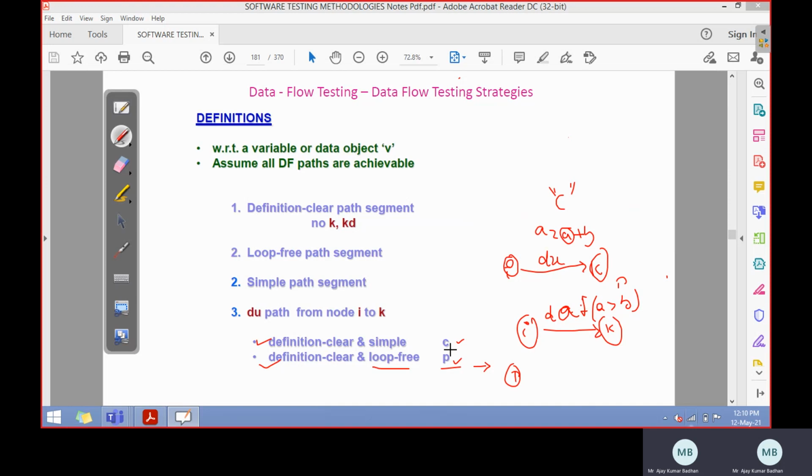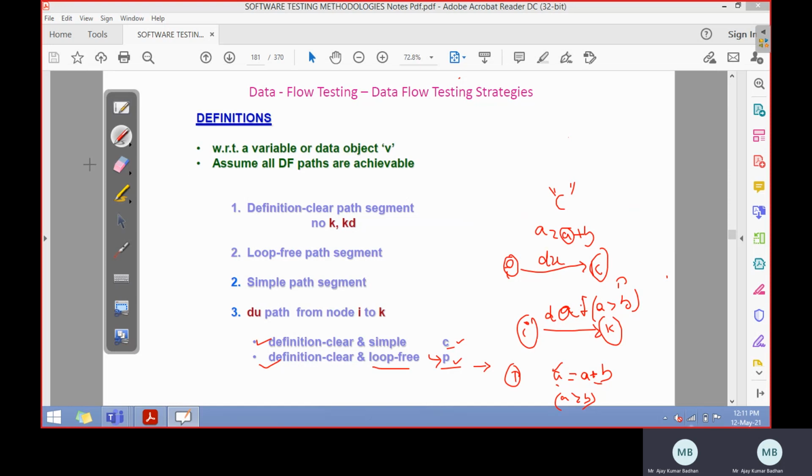Whereas coming to C, C is nothing but computational. If you're using assignment statements and you're performing some operations like this, we call it computational. Means you're defining this variable A and then you're using this particular variable A in the format of a calculation. So then we call it a definition clear path with C. But if you are using the same variable for conditional checking and all, then we call it definition clear and loop free, followed by p.